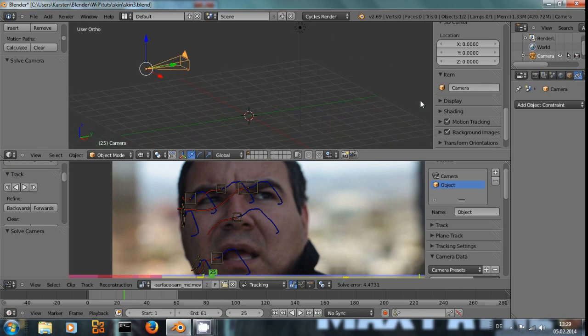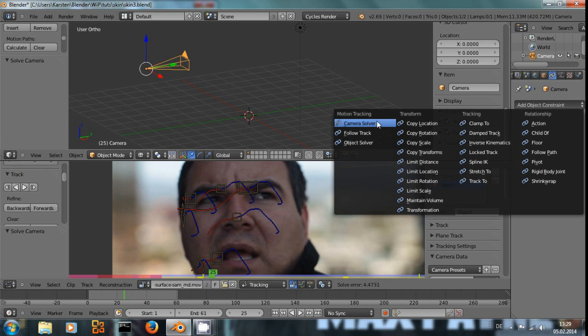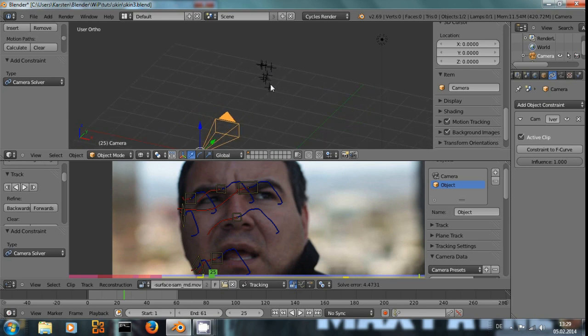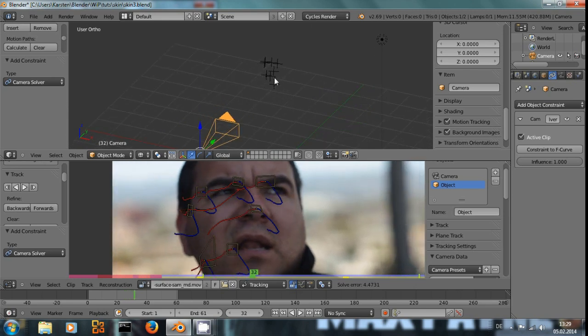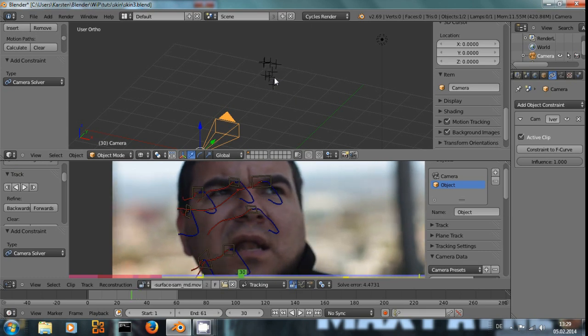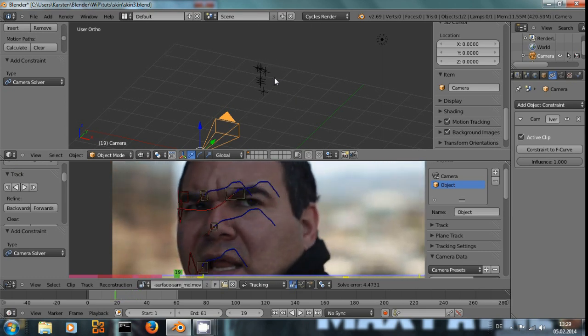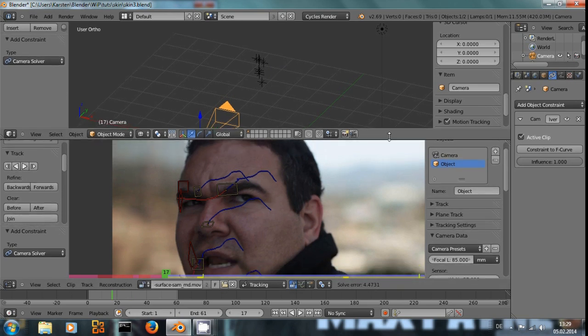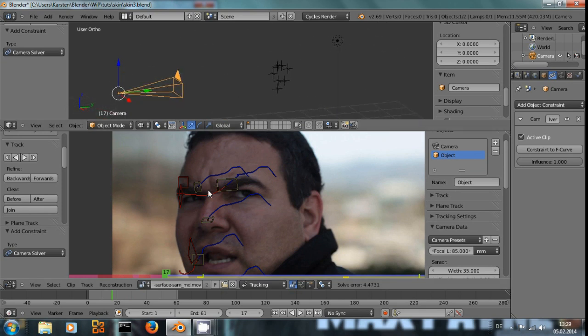With the camera selected, under constraints, we have to add a camera solver, and this way now we are going to see these empties for the tracking points and how they move around. That is the representation of the object that we have. And when you do this, you might notice